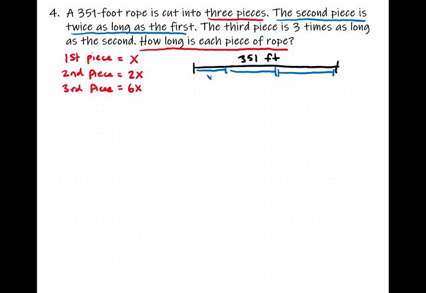So if we call the first piece, we said it's X feet long, and the second piece is 2X feet long, and the third piece is 6X feet long. Well, those 3 pieces together must add up to 351 feet. So the first piece plus the second piece plus the third piece equals the total piece of rope. So our equation could be X plus 2X plus 6X is equal to